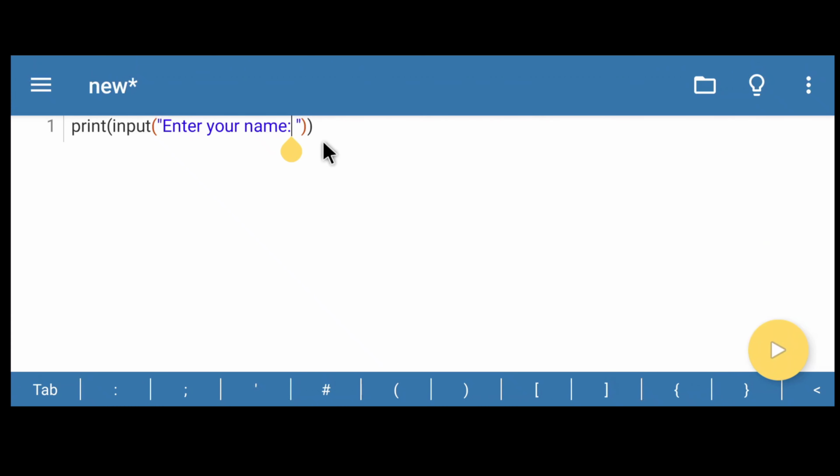So now let's say we want it to print a message to us. So what you want to do is set it as a variable. Let's say name equals input, then open bracket and open speech marks, and then let's say enter your name. Then at the bottom we'll write print,